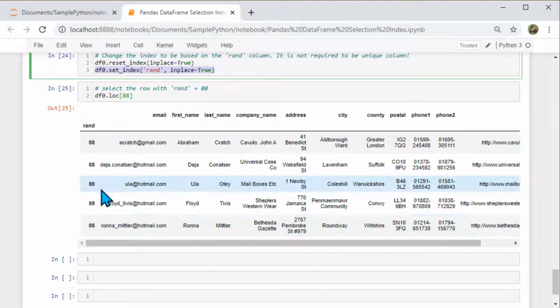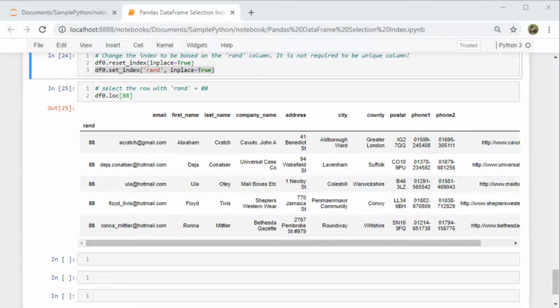So here we can see there are 5 records with the same number 88. In the past I used email ID because it's unique, because I wanted to identify only one record for an email ID. But now my business need is different. I want to group people based on certain random numbers.